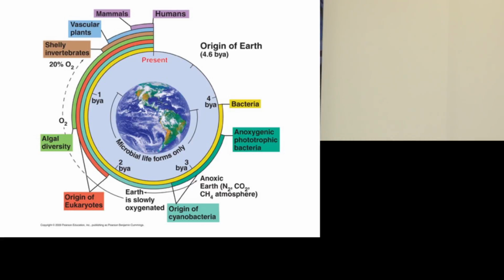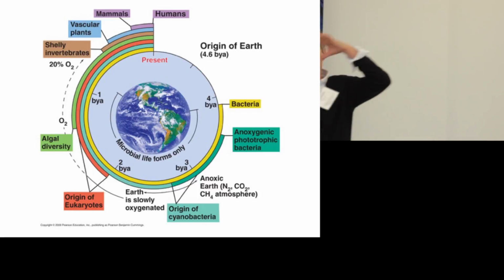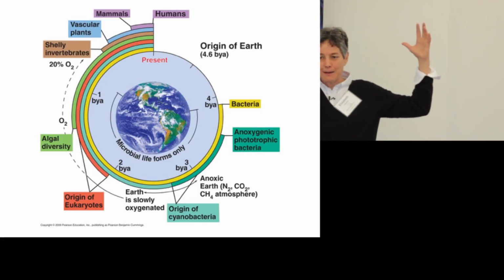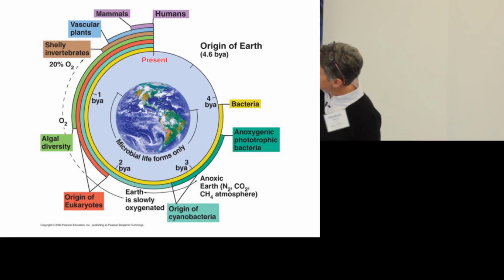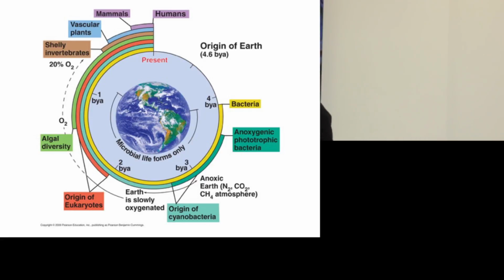And it wasn't until way up here that the Earth became as oxygenated, 20% oxygen in the atmosphere. And so the first eukaryotes, meaning that third branch of life, only started at this point here, started to get algae here. The big first macroorganisms and plants and mammals and stuff showed up only once there was enough oxygen in the atmosphere to support that metabolism, the kind of energy that was required. And so the point of this figure is that from this period all the way to this period here, the only thing that was on the planet was microbial life forms.